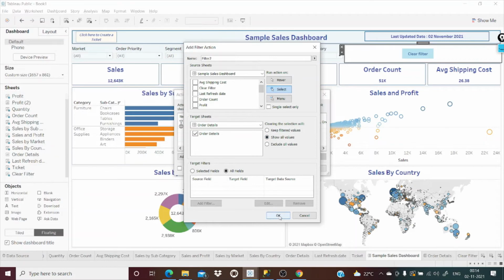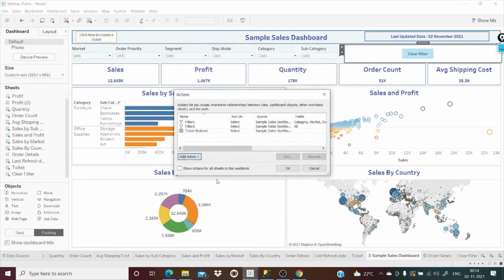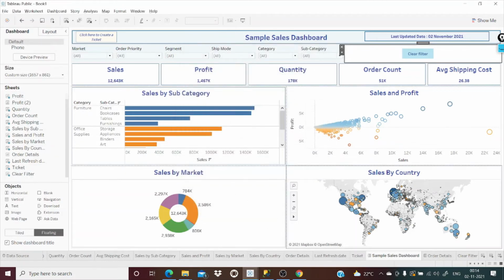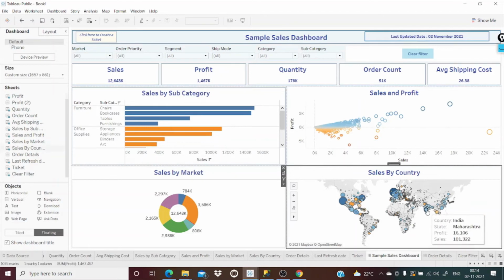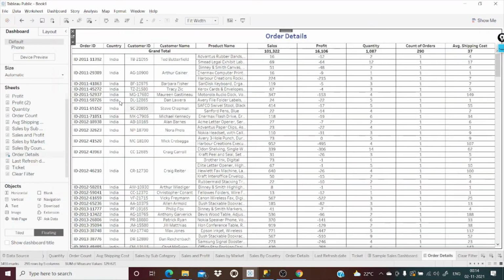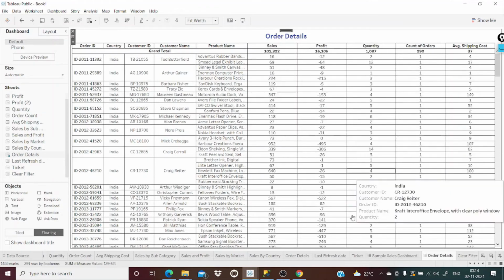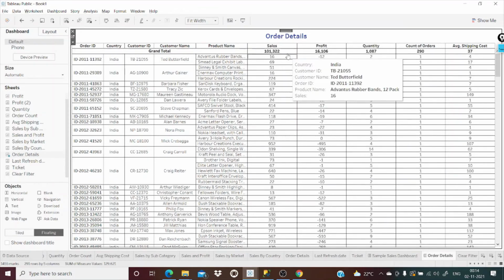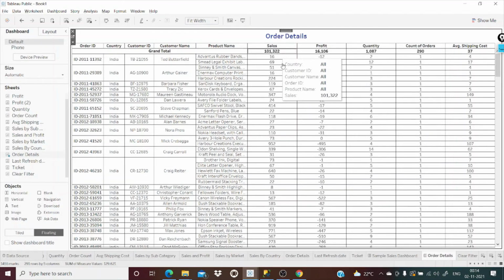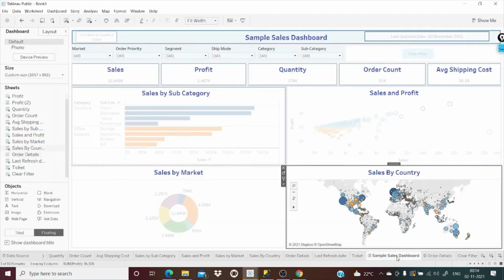Let's see how it works. Just clicking on India. Now it is showing only India's data. Let's check that it is okay. Sales 101,322, right?